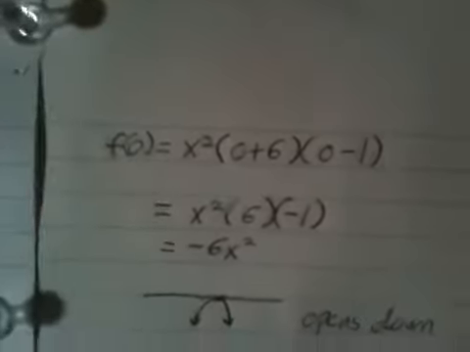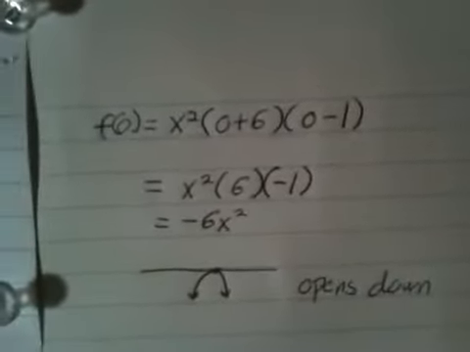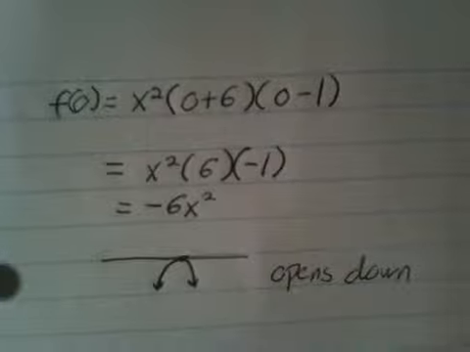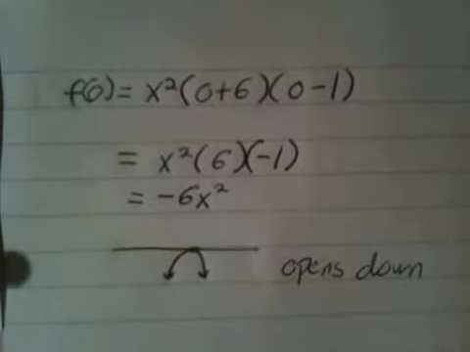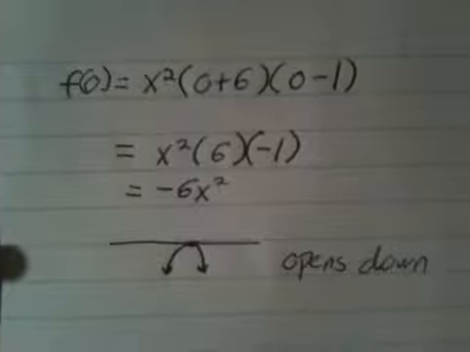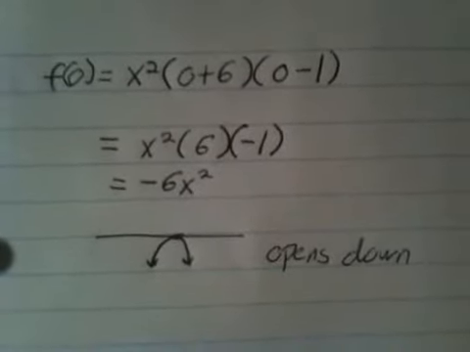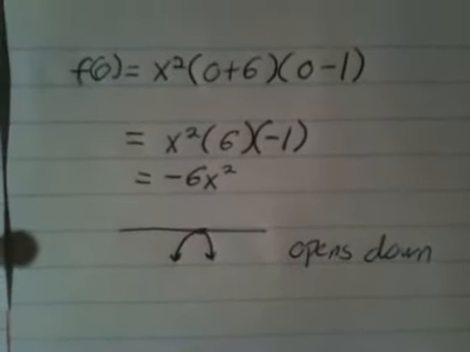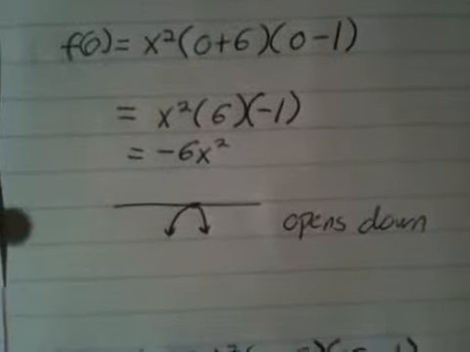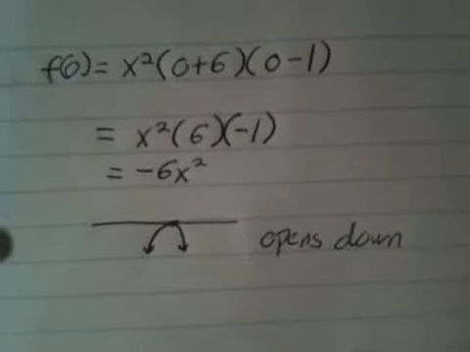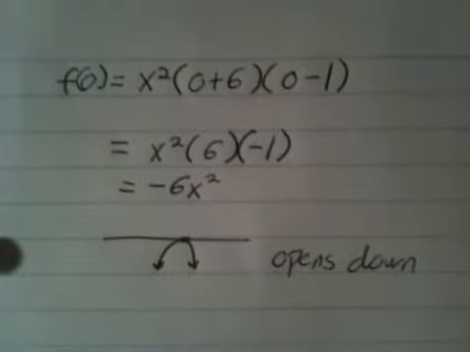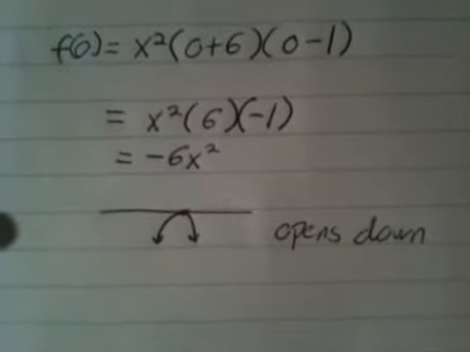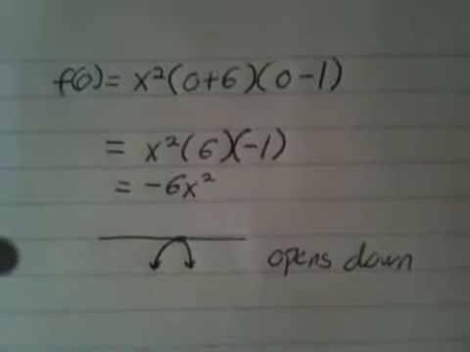So, we have f of 0 equals x squared times 0 plus 6 times 0 minus 1. We did this because we inputted 0 into our equation everywhere except where it would make it 0, so in our two factors besides our zero factor. We simplified that to get x squared times 6 minus 1, further simplifying it to get negative 6x squared. X squared is our parabola. Negative 6 means that it is flipped, which means it opens down,